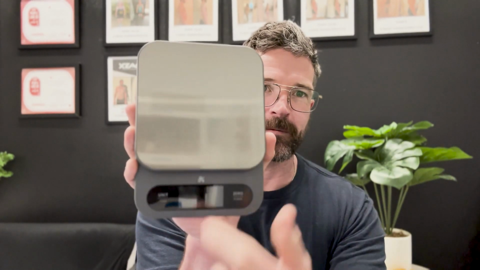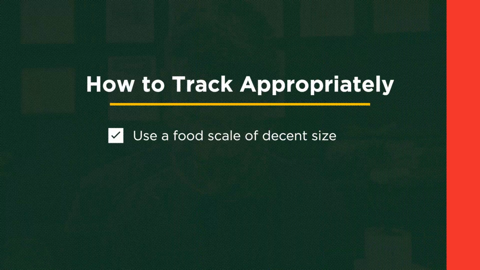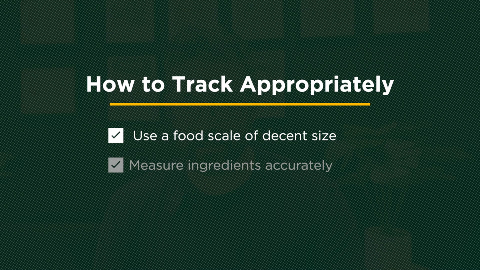I think I got it on Amazon for pretty cheap as well. It's not super huge, but I think it's like a hand size, which is pretty reasonable, and you can carry it around, and I think it was maybe 25 bucks. So first things first, get a decent scale. And the other thing is you want to make sure that you can measure grams, ounces, all that, which pretty much all of them do, but just always double check. And let's go ahead and talk about just kind of 7 basics for how to make sure that you're actually